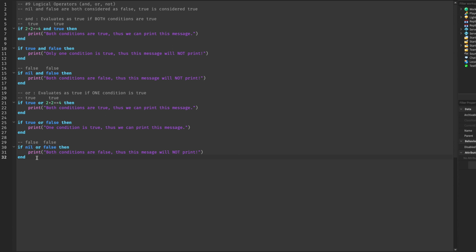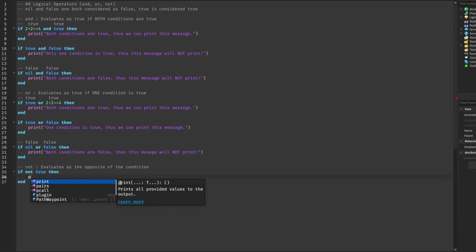So let's move on to the final logical operator, which is the not operator. This one essentially evaluates as the opposite of the condition. So what I mean by that is, for example, let's just do if not true, then print